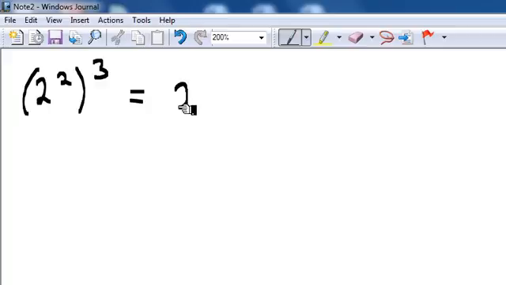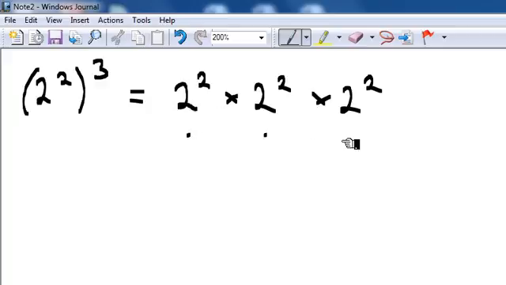So we just write it out: 2 index 2 times 2 index 2 times 2 index 2. That's 2 index 2 times itself 1, 2, 3 times. There's a way we can simplify this